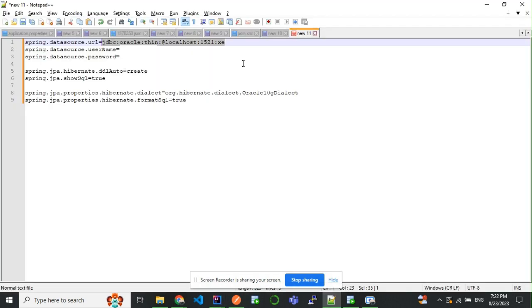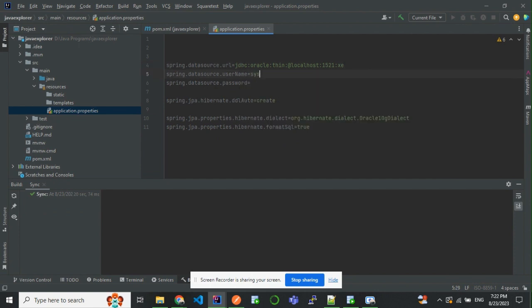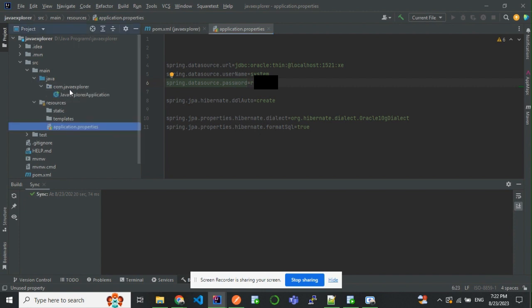Password as well. So I configured the database here. So we'll start creating entities,